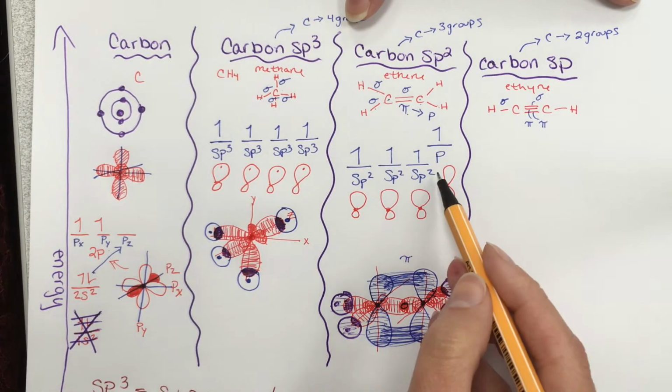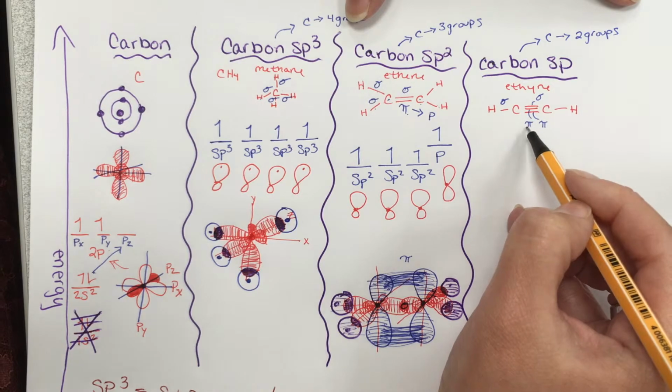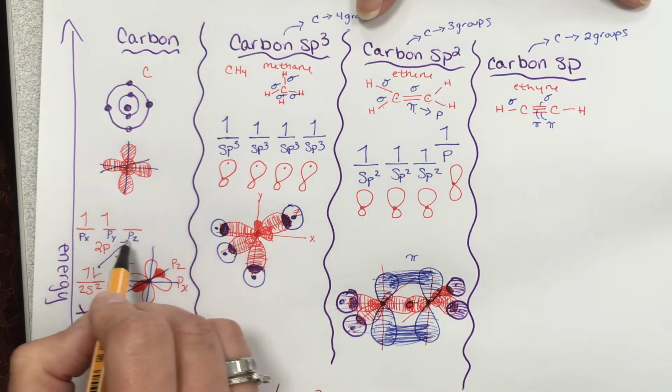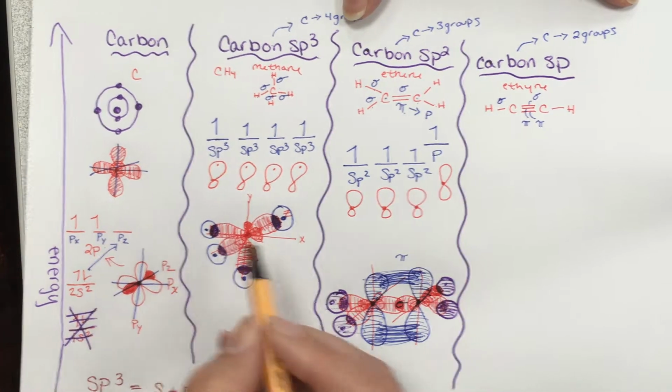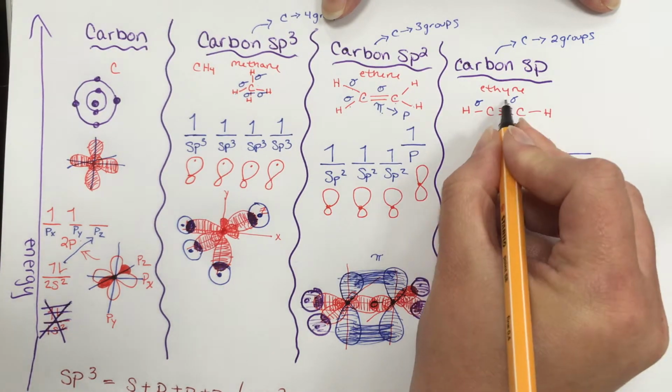So what do you have to have for a pi bond? If you recall, over here, we had 1 pi bond. We have to have a p orbital. Now we have 2 pi bonds, so 2 of these p orbitals will remain p orbitals. So we have 2 p orbitals. Then we have 2 sigma